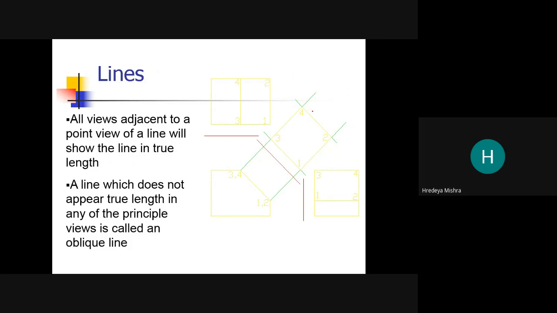A line which does not appear true length in any of the principal views is called an oblique line. Okay, if there is any line which does not appear as true length in any of the three views, meaning top view, front view or side view, then that line is called an oblique line.